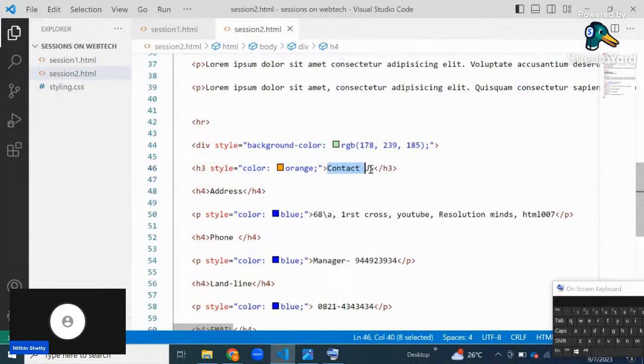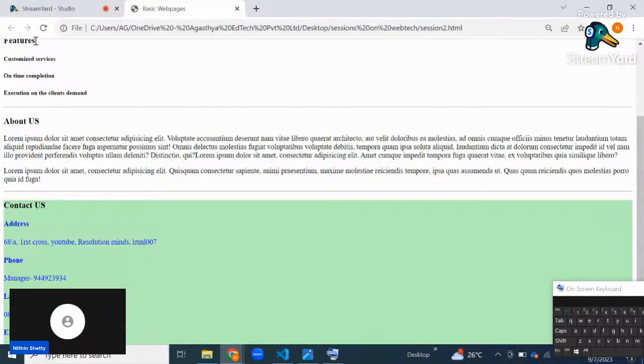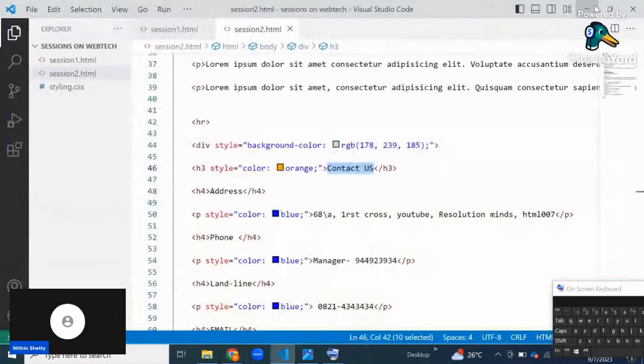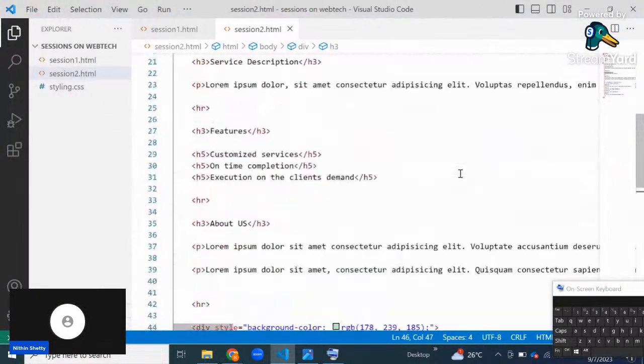Okay, if I want to change its color, I have to put a CSS property only. The attribute won't work. Why? Because the program itself is designed in that way. Okay, all right. I hope you're getting it, guys. So next, what I will say,